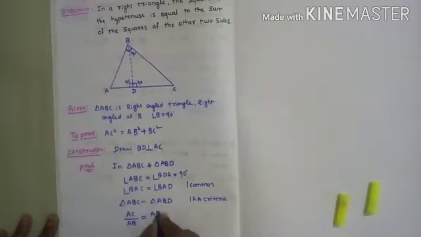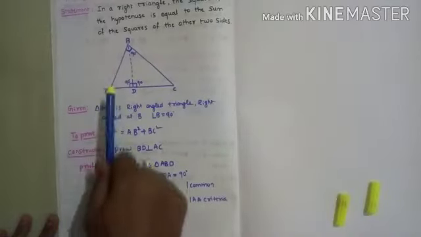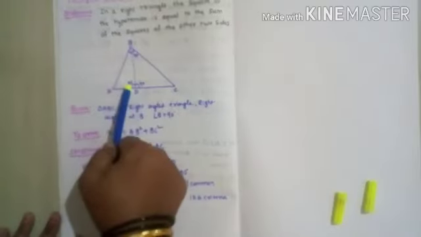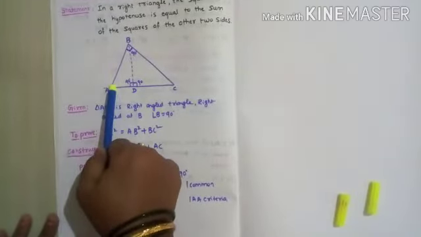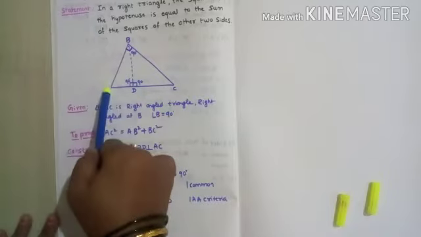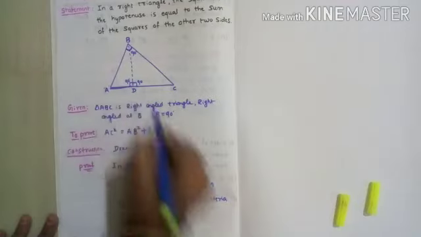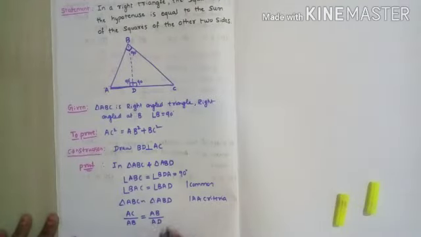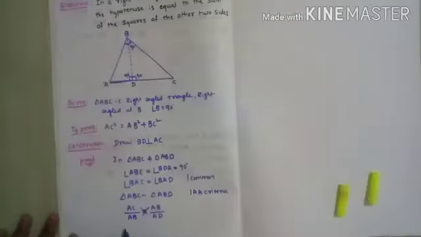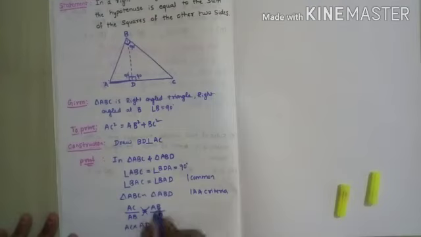So AB divided by, in triangle ABD, the 90 degrees we already considered. Don't consider the common angle, then the remaining angle will be B here. So B's opposite is AD. This AD side we have to consider. Now we have to cross multiply it. This you transfer here, this you transfer here. Then AC into AD is equal to AB into AB, which is AB square. This you take as equation 1.